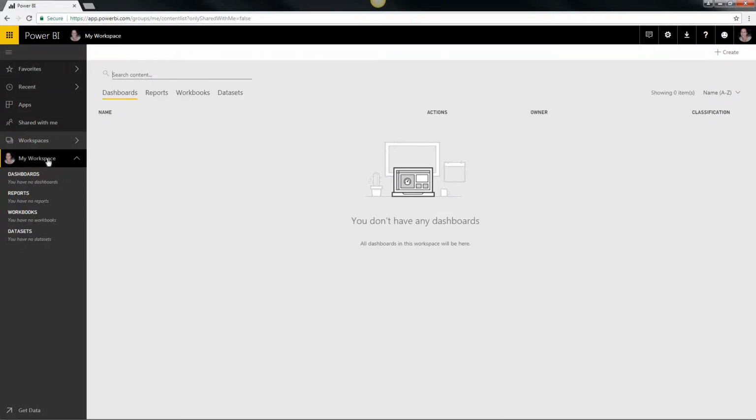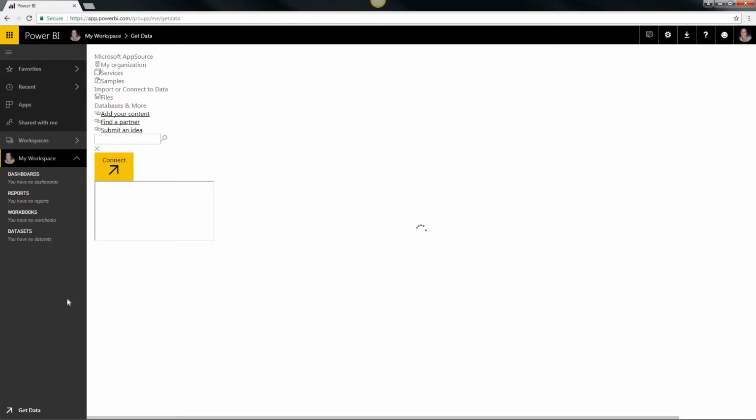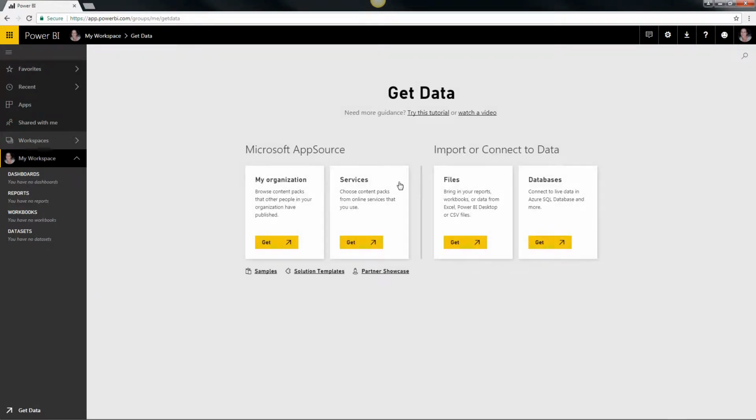So to start with, I'll show you how to populate your workspace. Now this assumes you have the access to do this, so you possibly have your Power BI Pro license, or your organization has Power BI Premium capacity. So we use the Get Data button to bring in anything new into Power BI. So we either select a file, which will be an Excel workbook, Power BI report, which we've created or saved